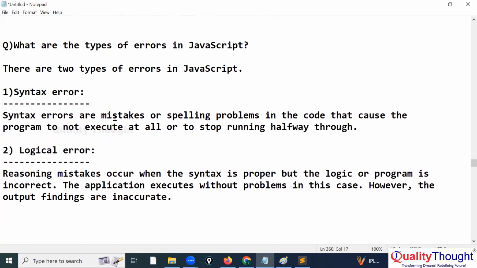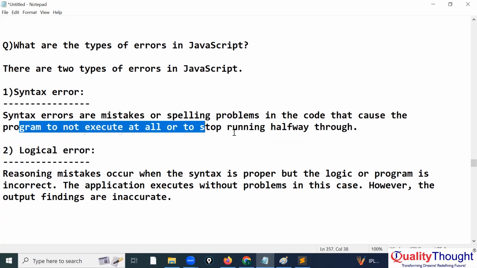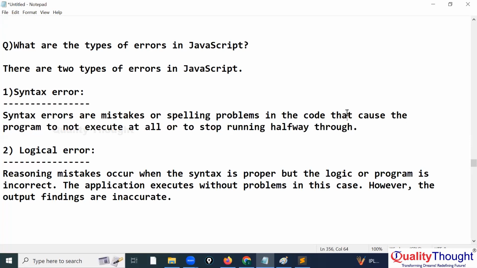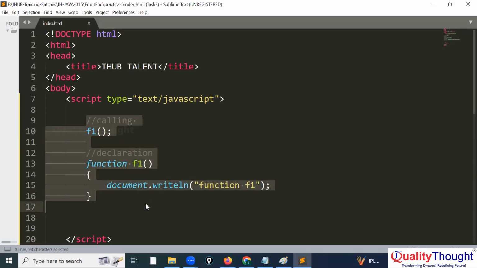Syntax errors are mistakes or spelling problems in the code that cause the program not to execute at all and stop running halfway through. Halfway through means you know very well. Assume that I'm writing the script code,